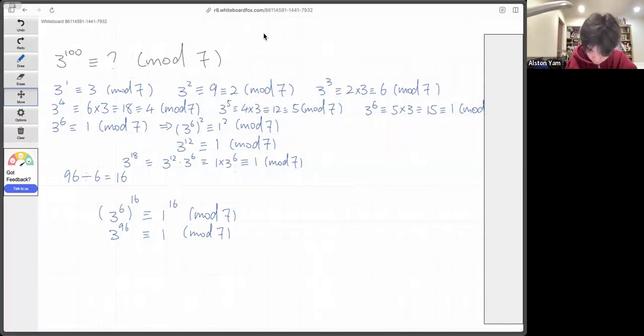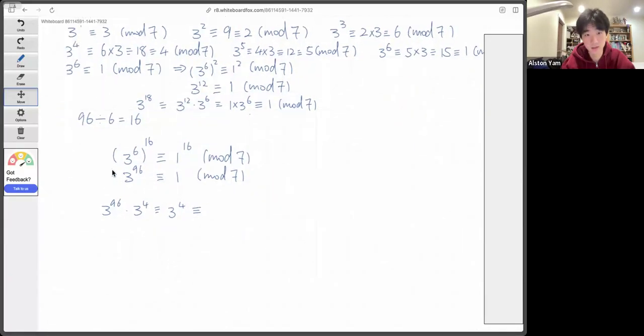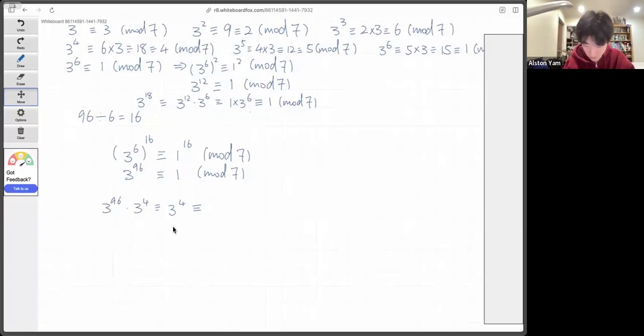So we can take 3 to the 96, and we'll multiply 3 to the 4 to both sides. That'll be congruent to 3 to the 4. And well, wait, we've already calculated what 3 to the 4 is. 3 to the 4 is right over here, right? 3 to the 4 is congruent to 4 mod 7. So we can actually write it down here. So 3 to the 4 is congruent to 4 mod 7. And well, if we look on the left here, 3 to the 96 will,